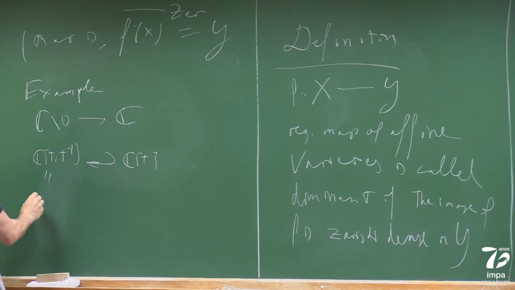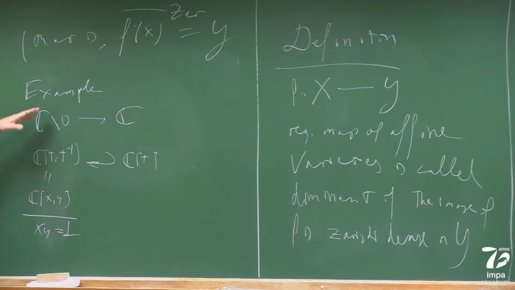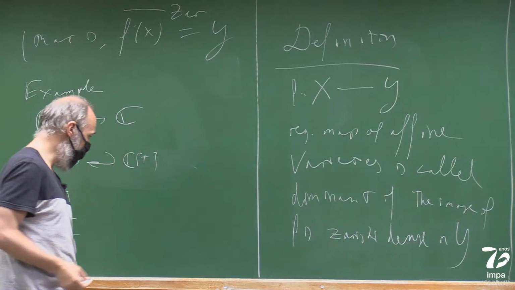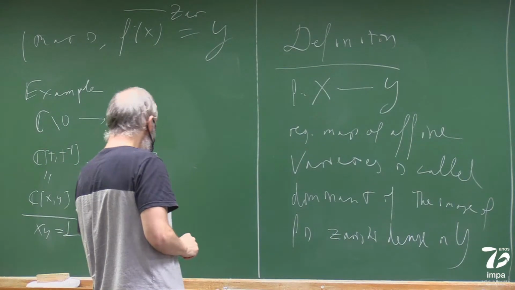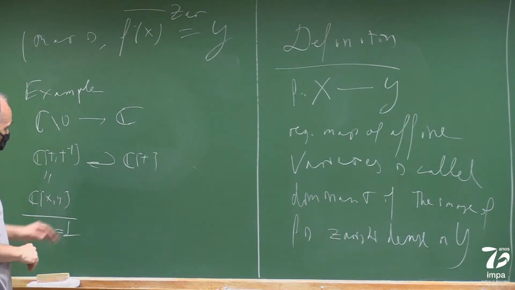This is, of course, the same as C[x,y] quotient by xy = 1. As usual, this is just the localization of C[t] by t. So this is an embedding of rings,